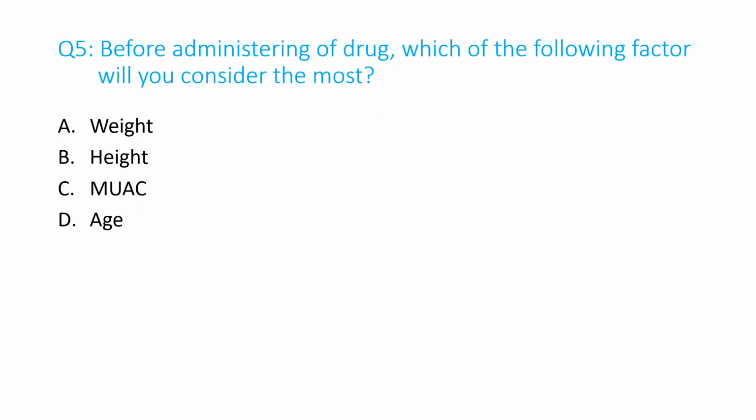Question number 5. Before administering a drug, which of the following factors will you consider the most? A. Weight, B. Height, C. Mid upper arm circumference, D. Age. And the answer is